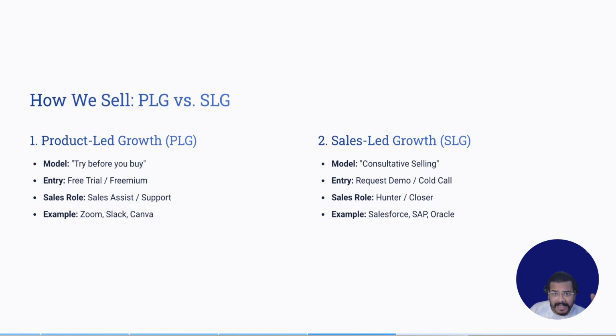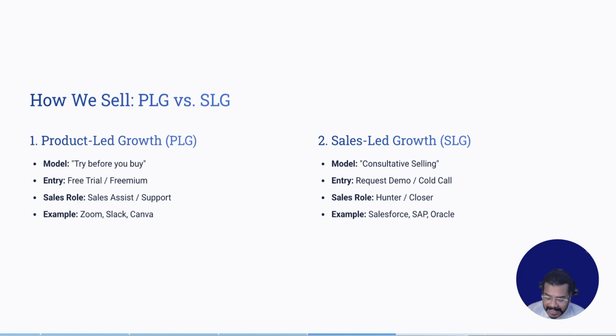No, right? You just sign up, use the free version, and later maybe you pay for the pro version. So here what happens is the product sells itself, right? Sales teams only get involved for very big enterprise deals. Maybe there is a company and you need 1,000 Canva Pro licenses or something like that. That is when the sales team gets involved. Okay. The second motion we call as sales led growth.